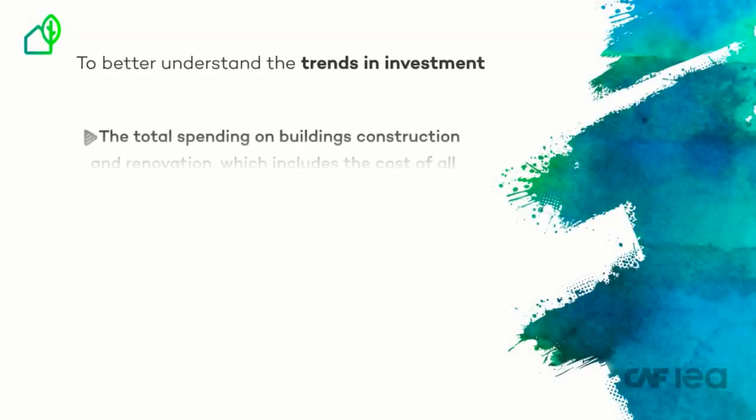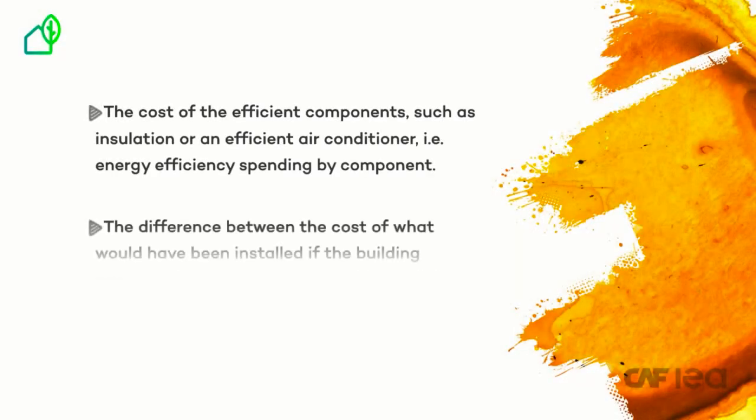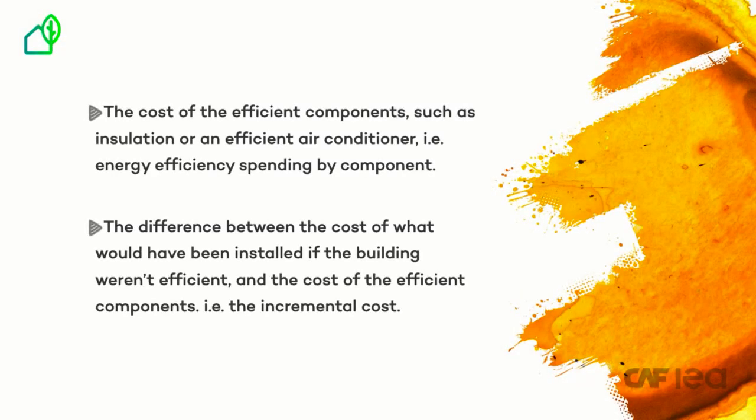To better understand the trends in investment, it's useful to track each of the following. First, the total spending on buildings construction and renovation, which includes the cost of all products and services used to build and retrofit buildings. Next, the total cost of the efficient building, that is, energy efficiency spending for the whole building. The cost of the efficient components, such as insulation or an efficient air conditioner, that is, energy efficiency spending